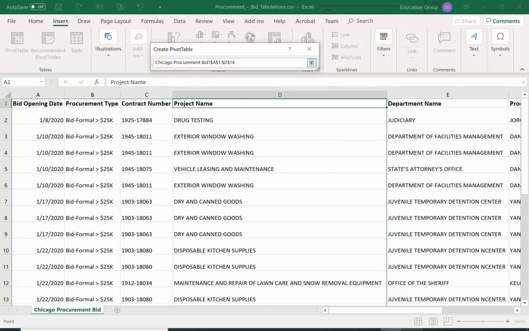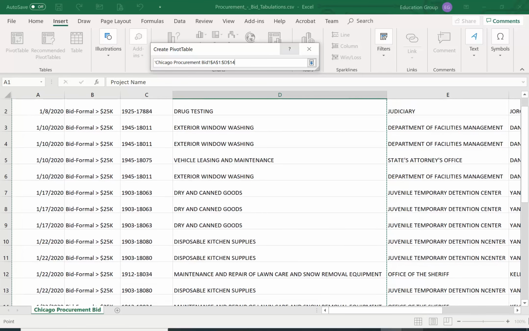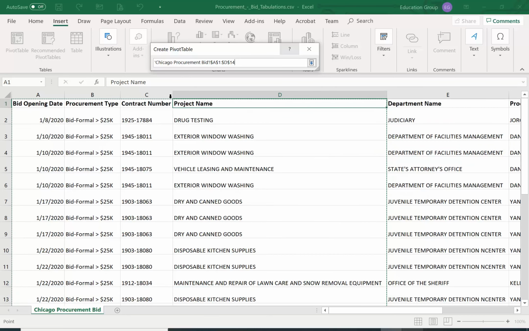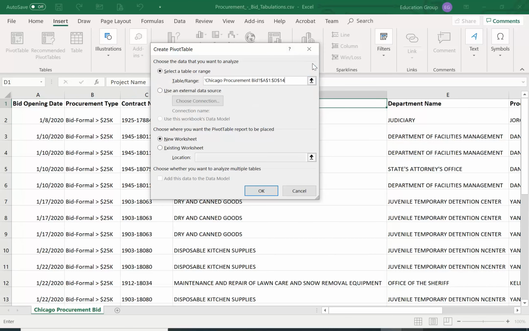Also, if you look up here, it says Chicago Procurement Bid, which is the title of my worksheet. Then it says from A1, which is A1 from the bid opening date, to D14. So D14 is here. Okay, so it's showing me the data range that I have selected, but for this illustration I want all the data. So I'm going to left click on the arrow,